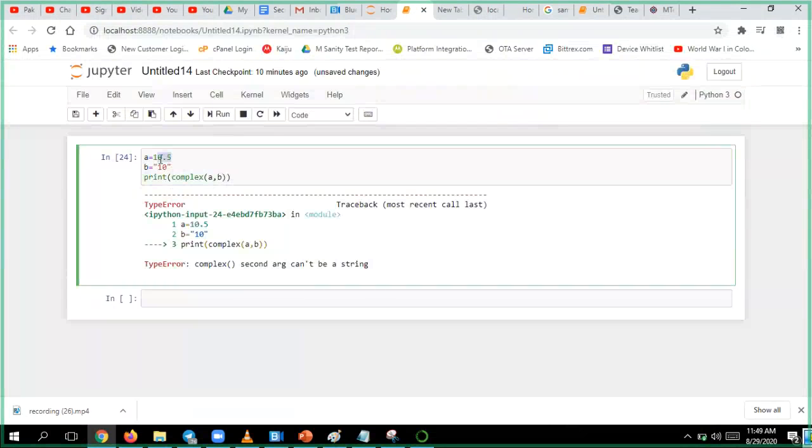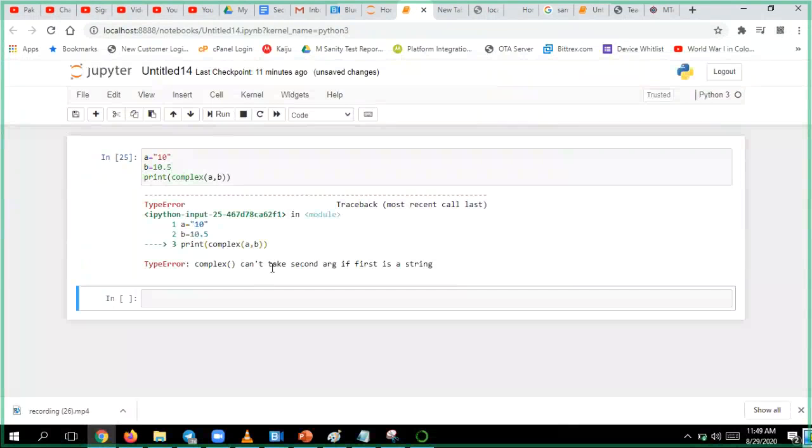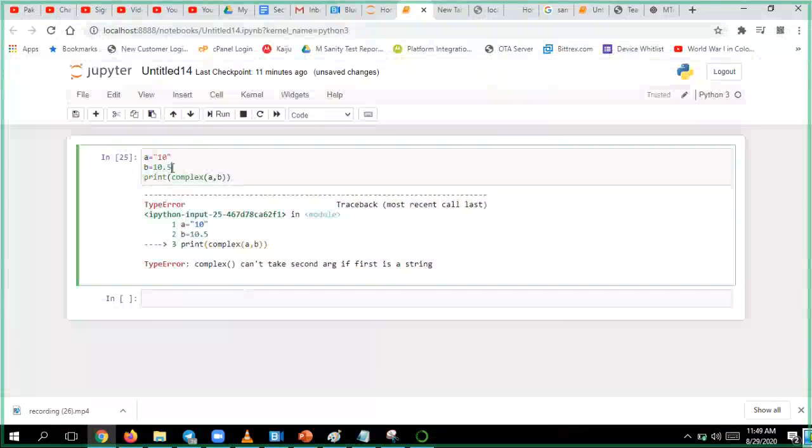Okay, here only I'll give it. If I give the string as the first argument instead of the second, still, it can't take the second argument if the first argument is a string. If I have both as strings, now you see, can't take second argument if first argument is a string.